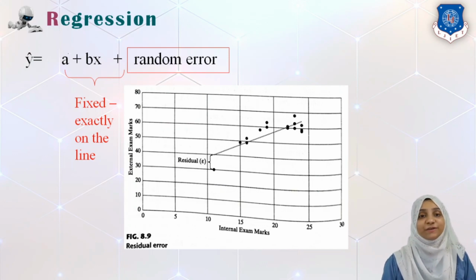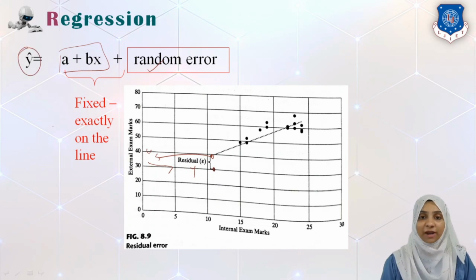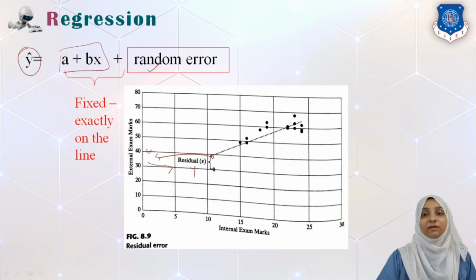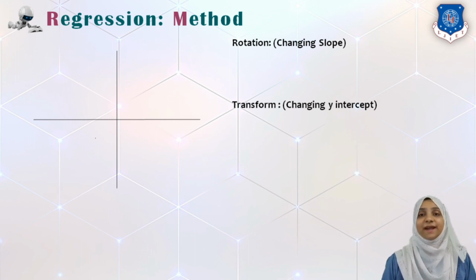This y dash, or estimated value, is nothing but the equation of a line plus some error, or we will call it the residual. This residual is nothing but the actual value of y minus the estimated one. So the summation of random error, or error term, is always present in estimating the value of y dash. So this has to be fixed very clearly so that the random error is minimized as much as possible.